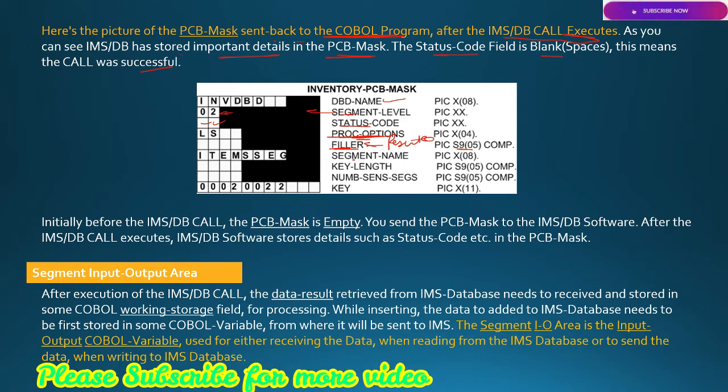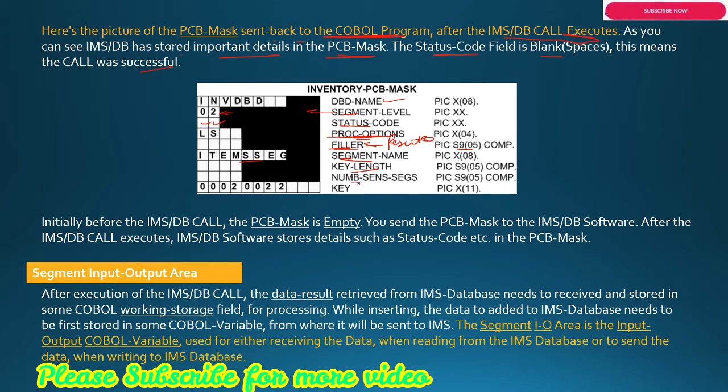Then we have the segment name, meaning the lowest segment name we have processed, which is the item segment. Then we have the key length of the lowest segment we received.